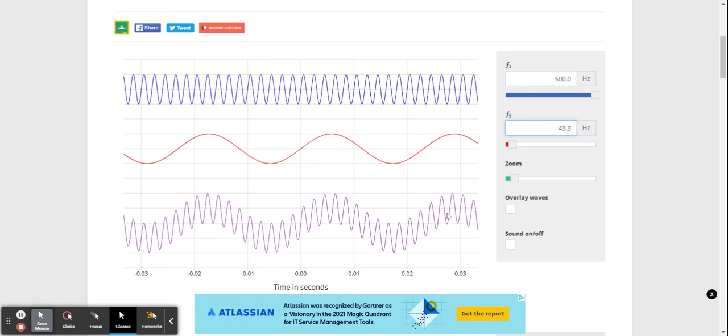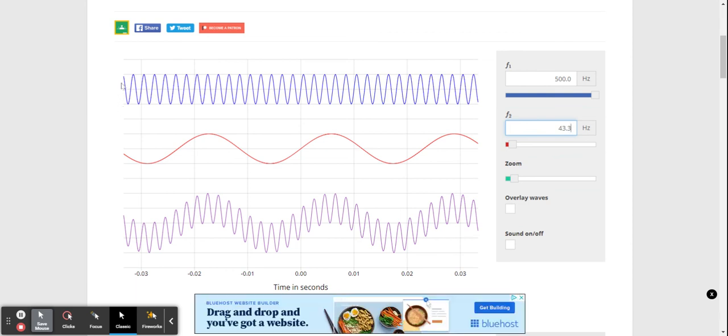It is possible to work out what this would be, and this is sometimes an activity that I get people to do with graph paper. So what you would do is you would say, right, what's the displacement at this point? Let me just get a pen here. So if we say that